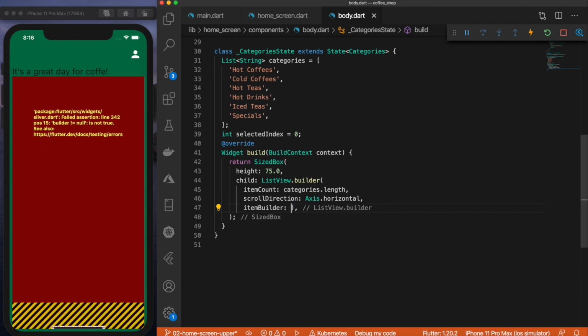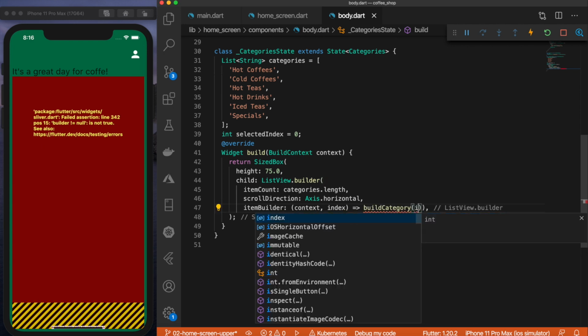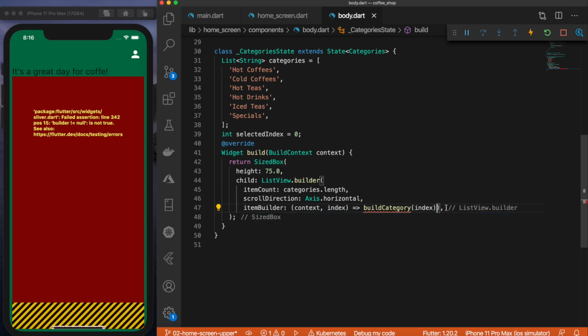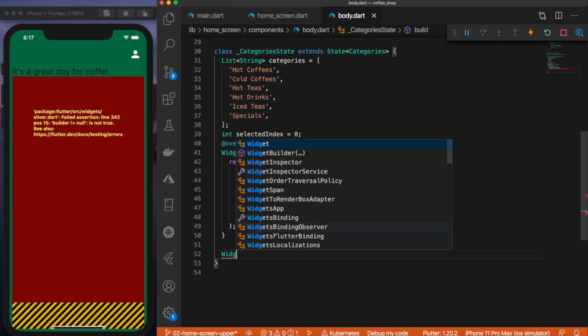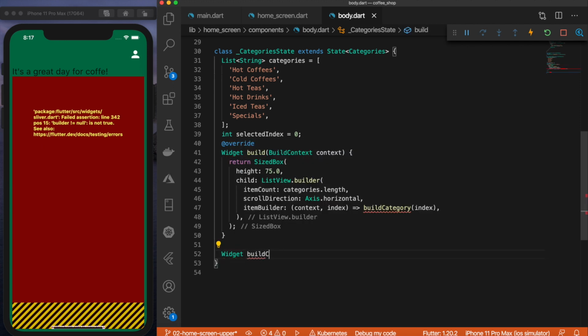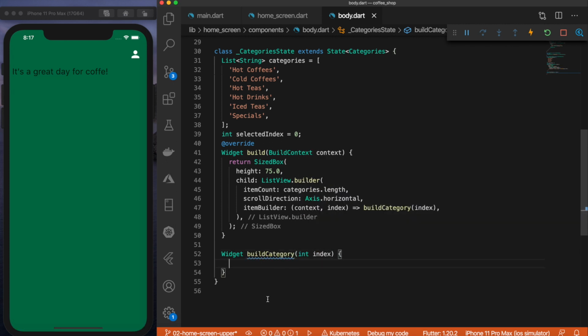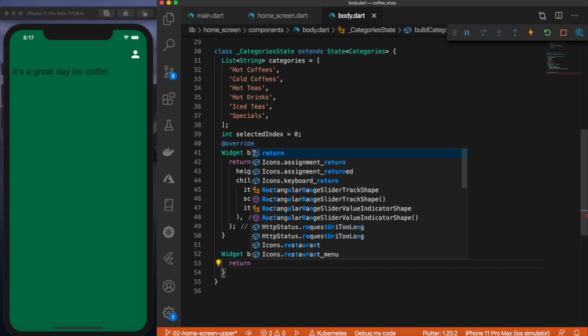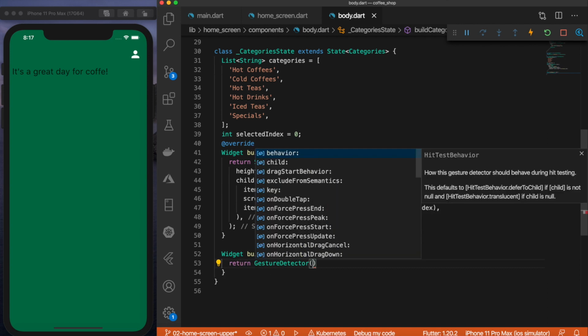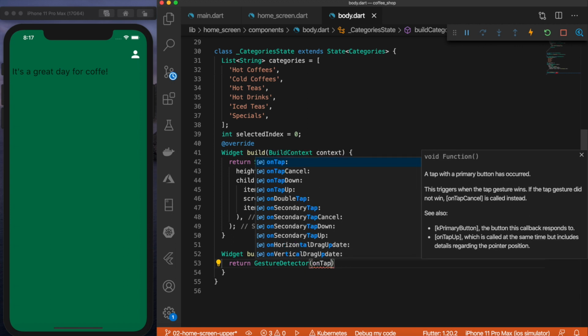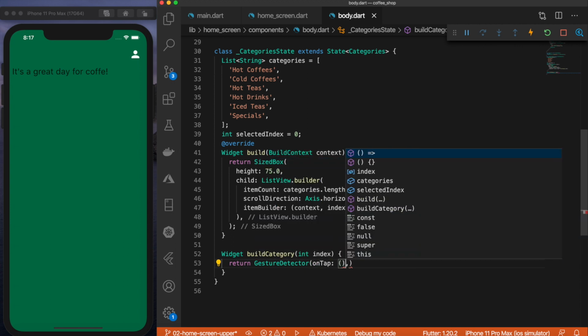And for the item builder, we need to pass in the context and index. And what we're going to do is say build category, and this will be a method that will pass in the index and build it. So we need to create that build category. We'll do that down below. Make sure you're still inside of this class though. So we'll say widget build category, pass in the index, and inside of the body here, you can simply return a gesture detector because we need to know when the user taps on the category. We'll declare an on-tap event,